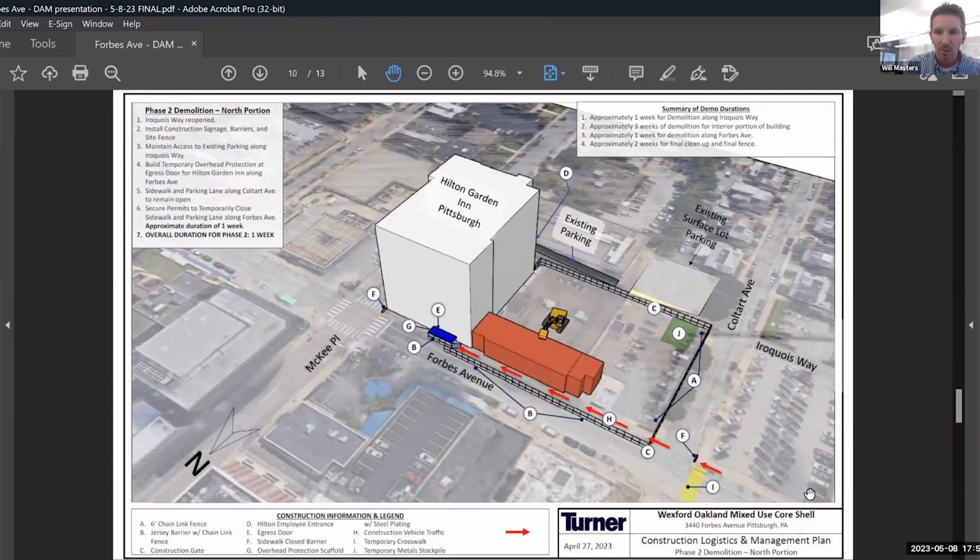When we get to Forbes Avenue, we would then work within the footprint of the existing building, and we would remove the red portion of it. This is what we're calling our phase 2. This would have about a week of impact overall. And during this time frame, we want to ensure that everything is done safely. We would be requesting to close a lane of Forbes Avenue and the sidewalk for that week duration